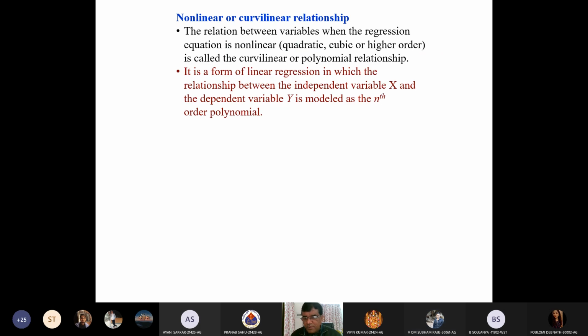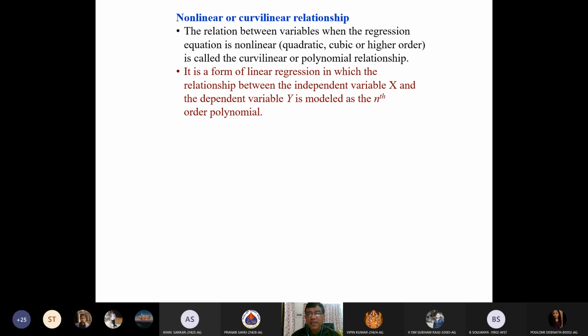Now, up to now we have seen linear relationship. Now you see non-linear. In the last case, when we put the F test, the relationship in that example was linear. Suppose the test was non-significant. That means the relationship may be non-linear. If there is no linear relationship, that does not mean that this data will not have some other kind of relationship. This data may have some other kind of polynomial relationship, a curvilinear relationship or non-linear relationship.